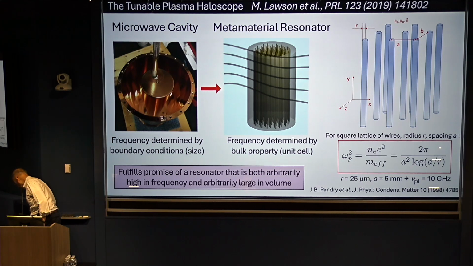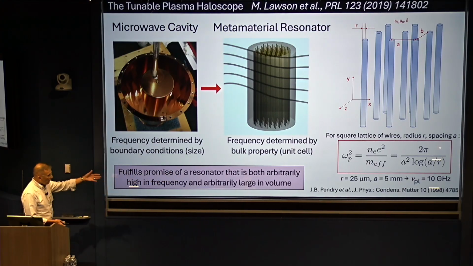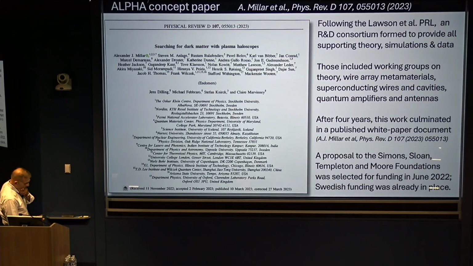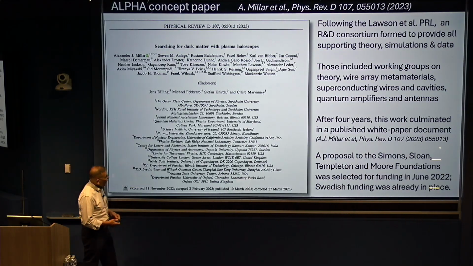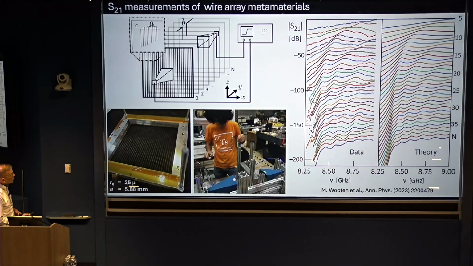Would you take on the prototyping and validating of the theory here, actually showing, for example, that spacing wires of 50 micron diameter by 5 millimeters would actually give you a plasma frequency of about 10 gigahertz? So we had a large group of people that, in a very organized way, studied this and published a white paper on the possibility of this, and we then launched out our group and started doing some of